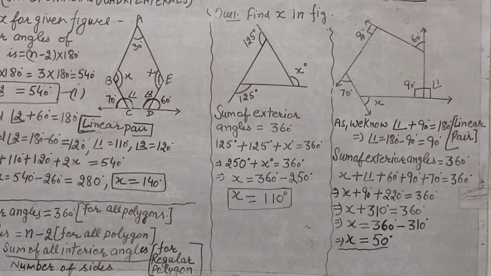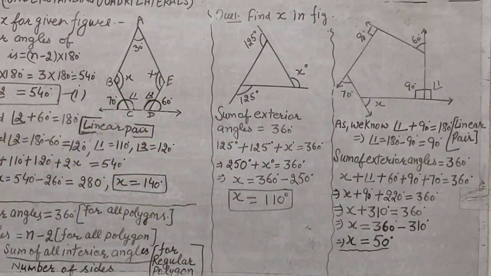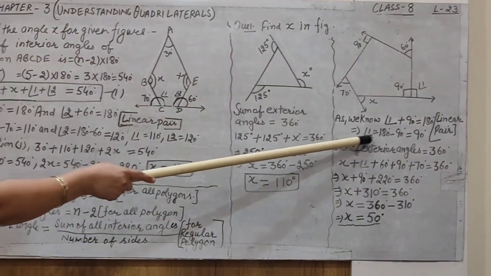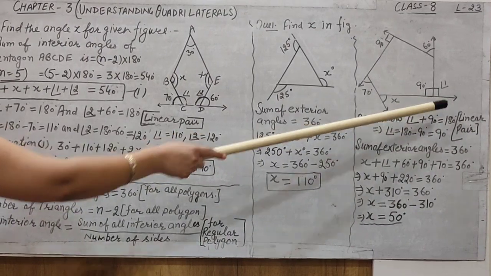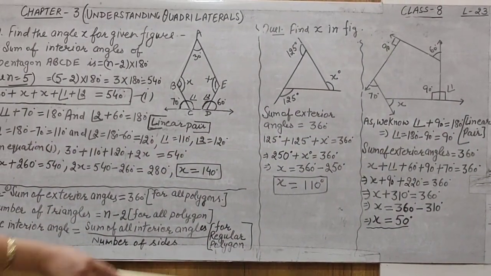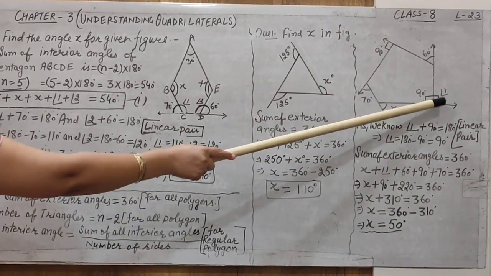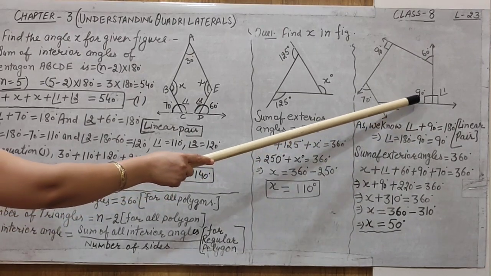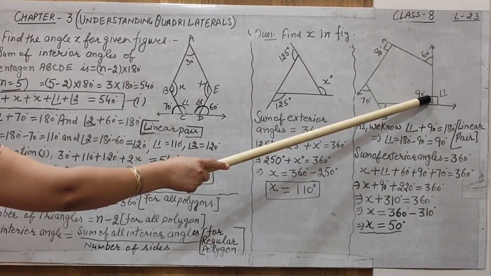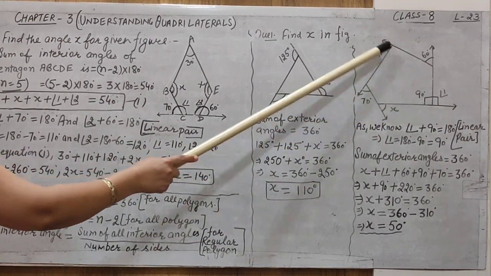Now, it is not important that always the exterior angle property or interior angle property is used. We have used the linear pair sometimes to find out the exterior angle or the interior angle. But you must understand that first of all you give the name to the angle which you have to find out, and write down 90 degree for a square symbol. If only this symbol is given, first of all write down 90 for both the angles.